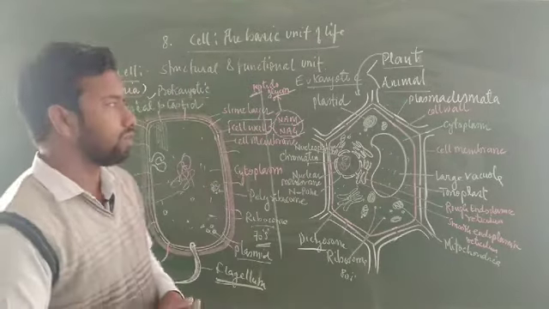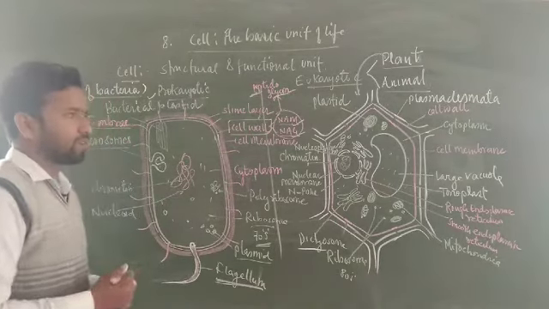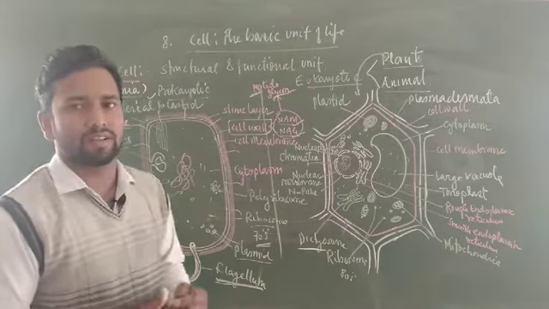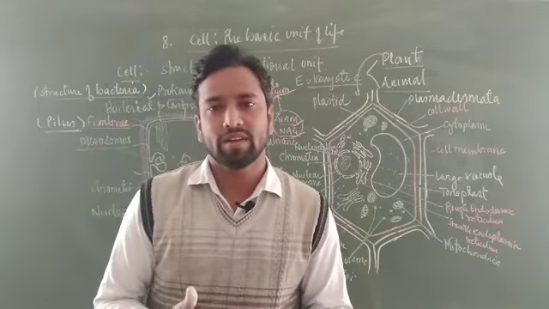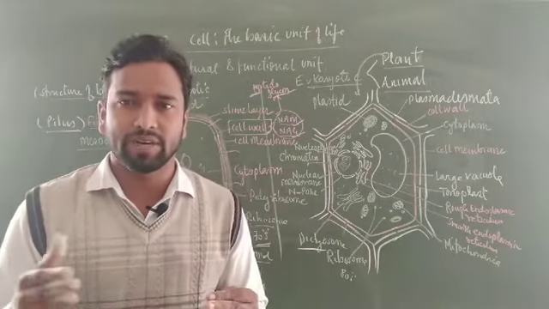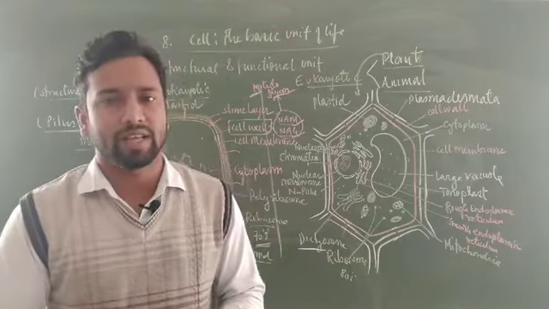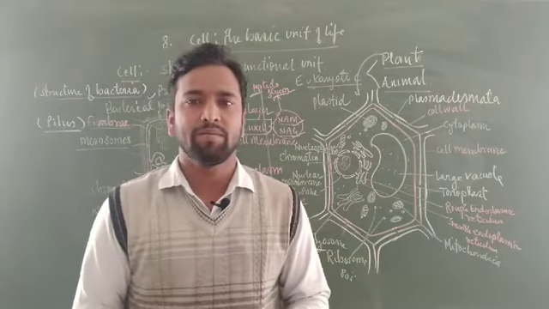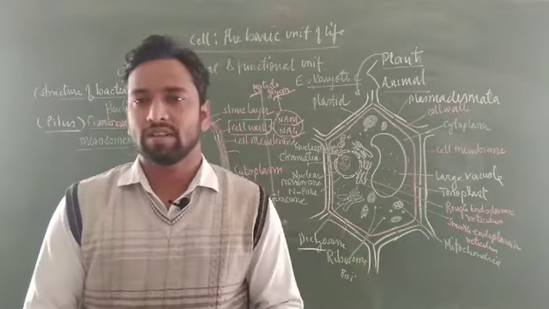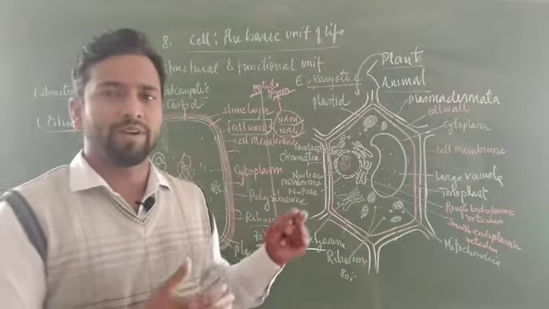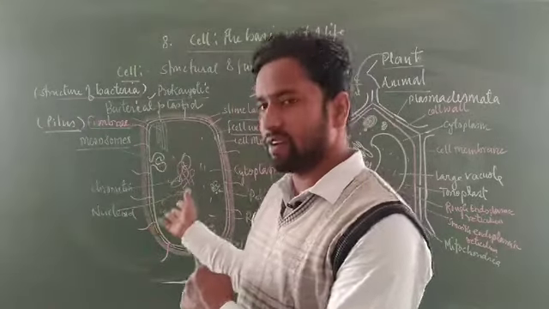Students, now focus on the difference between prokaryotic and eukaryotic cells. I already told you that they differ in size. The prokaryotic cell is up to 10 micron, but the eukaryotic cell is up to 100 micron in size. The prokaryotic cell has an incipient nucleus, the eukaryotic cell has a well-defined nucleus. All types of cell organelles are found in eukaryotic cells, while the prokaryotic cell does not have well-defined cell organelles.